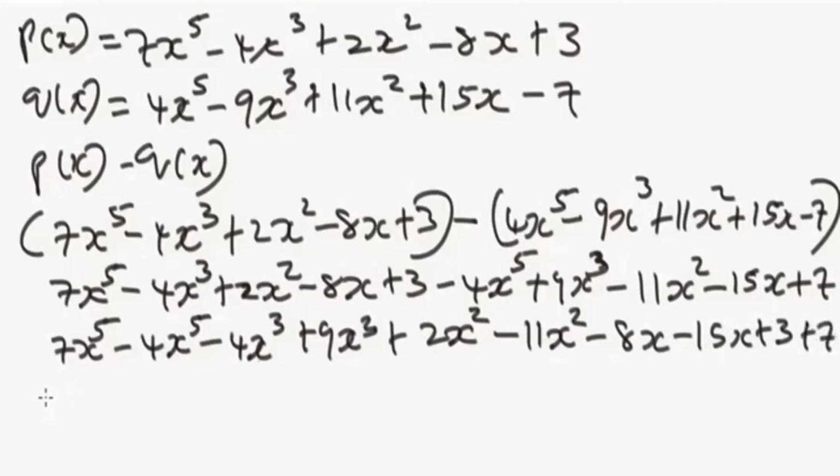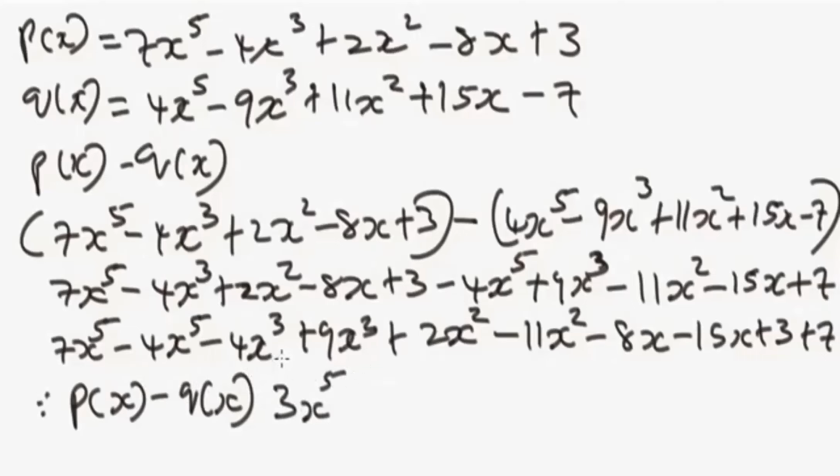So therefore p of x minus q of x, simplified: 7x to the power 5 minus 4x to the power 5, you are going to have 3x to the power 5, then minus 4x cubed plus 9x cubed, you're going to have